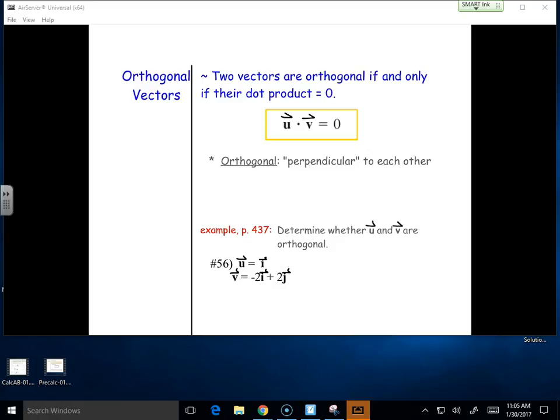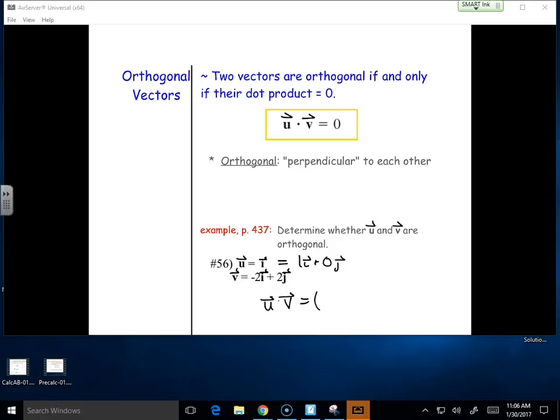What's weird about the example below though? Can you guys see it? There's no j on vector u. How do we rewrite that then? So we can see this as 1i plus 0j. If we want to do the dot product because they said, is it orthogonal? We're like, all right, cool. Is the dot product 0? Well,